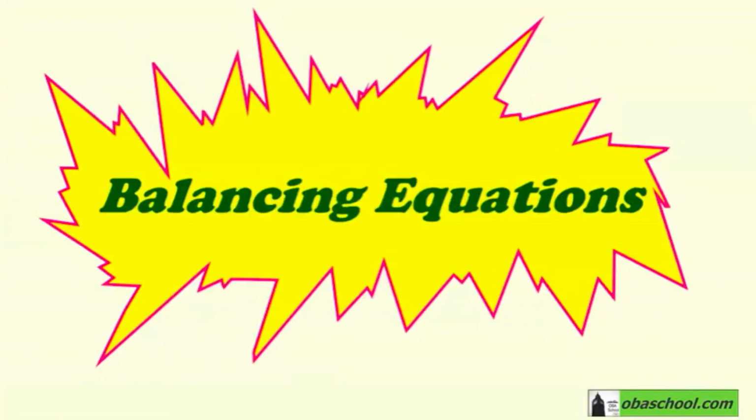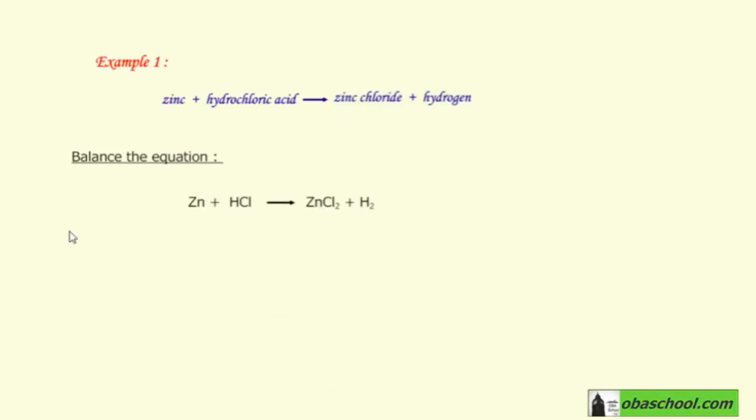Let's start taking examples on balancing equations. The first example is we have this equation: zinc plus hydrochloric acid reacts to give zinc chloride plus hydrogen. So the reactants are zinc plus hydrochloric acid, and the products are zinc chloride plus hydrogen. Let's balance the equation. The equation above is in the word form, and the equation below is the chemical equation